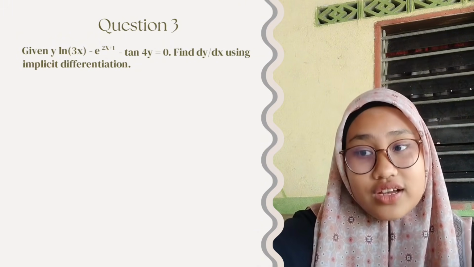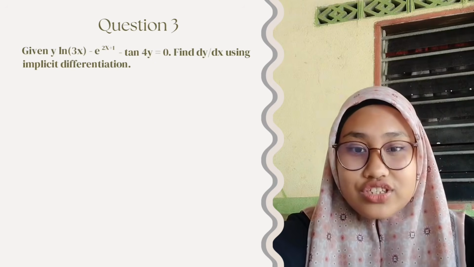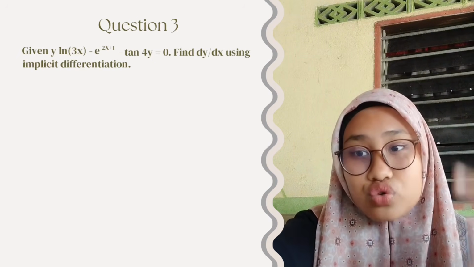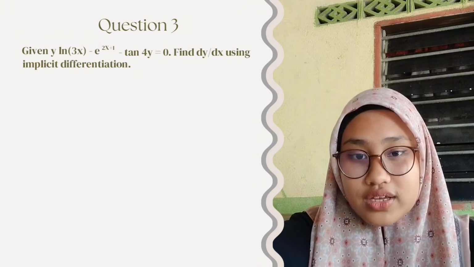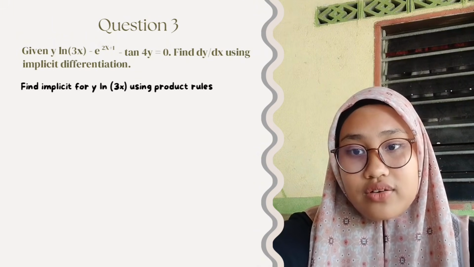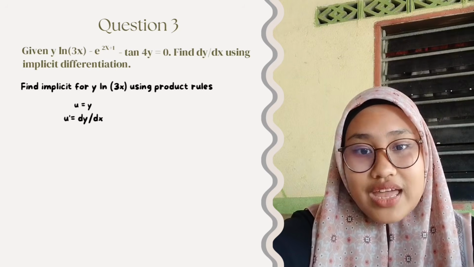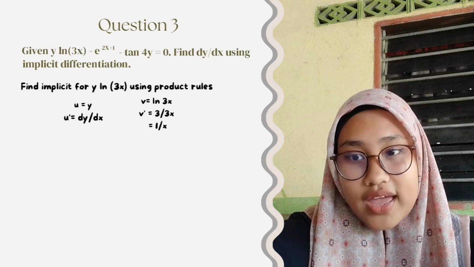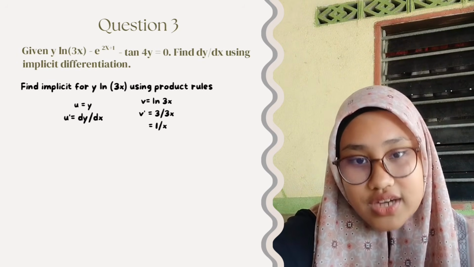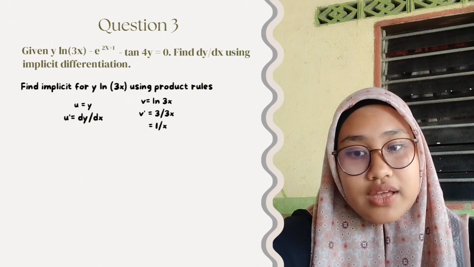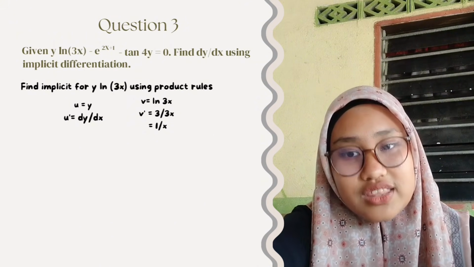Since y is a function of x and ln 3x is also a function of x, we are multiplying two functions of x. So here, we must use the product rule to differentiate. In the product rule, we say if u equals y and v equals ln 3x, then u prime is equal to dy/dx because we are differentiating y